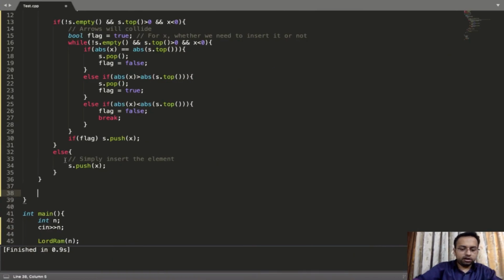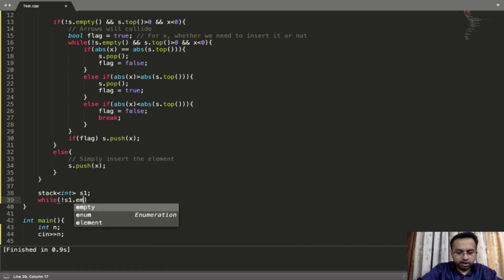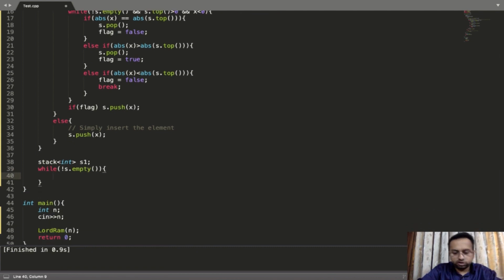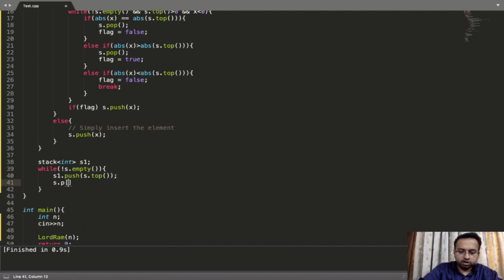So I'll come over here and create one more stack, int S1. I'll write while not s.empty, I'll push all the elements of stack S to S1. So I'll write S1.push(s.top) and s.pop.